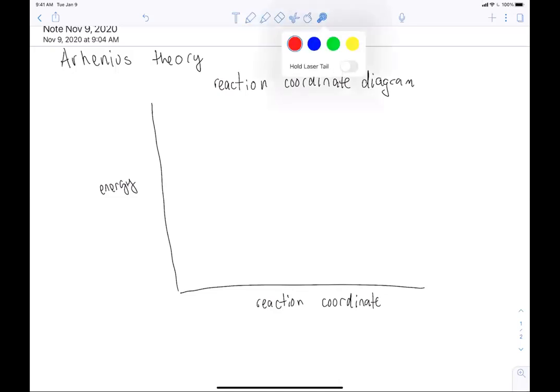But yeah, so we're looking at reaction coordinate diagrams, and we're plotting energy as a function of what's called the reaction coordinate. The reaction coordinate is sort of where you are in the reaction. So if you think of the reaction as being products and reactants,